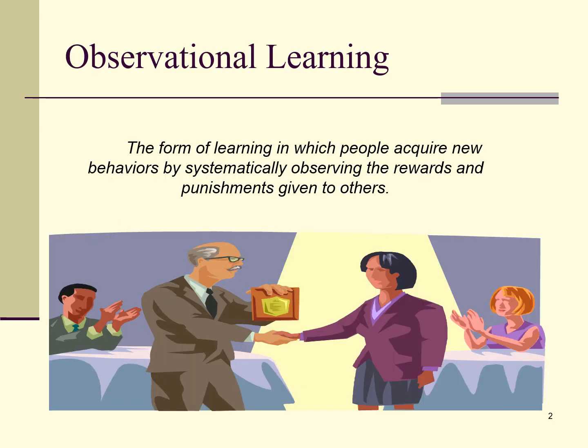So beyond operant conditioning, which a lot of people react to a little negatively when we talk about positive reinforcement and negative reinforcement, is the concept of observational learning, the form of learning in which people acquire new behaviors by systematically observing the rewards and punishment given to others. In other words, one of the limitations of operant conditioning is that it is very much a behavioral method that focuses on immediate behaviors being immediately rewarded in some form. And honestly, it is mainly driven by how all higher animals learn.